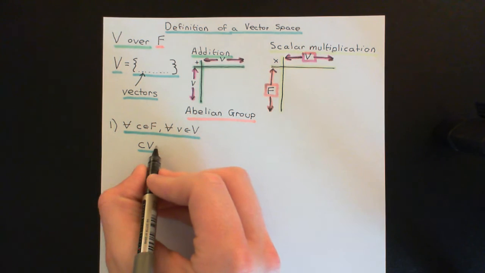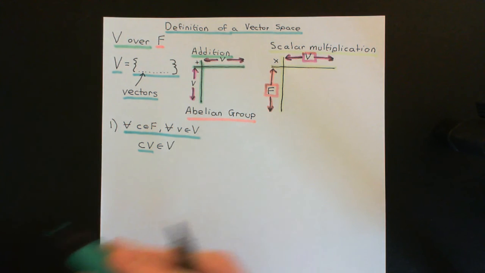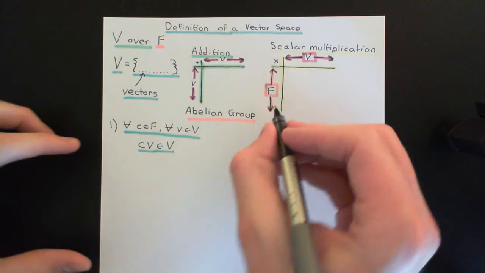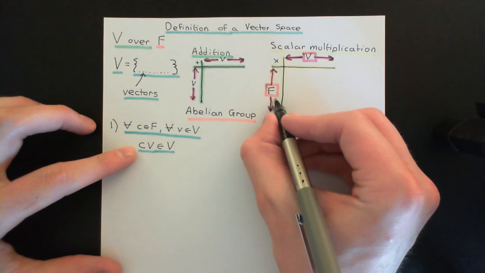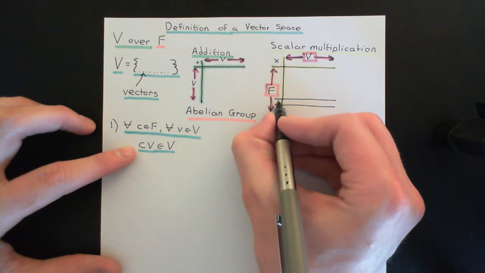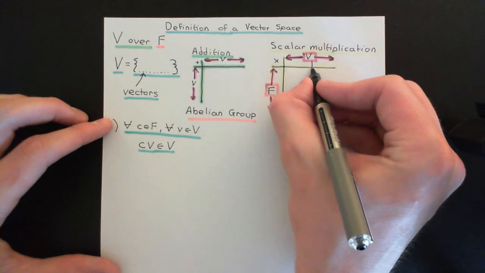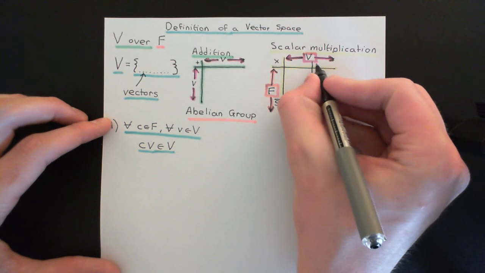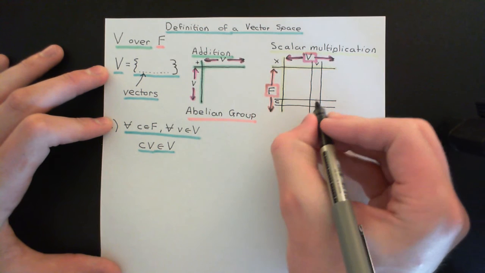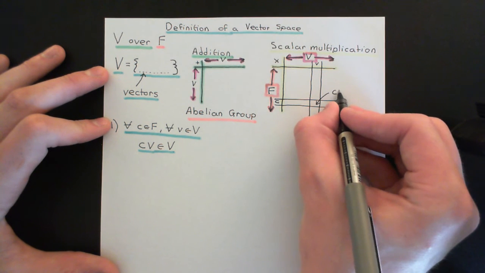Okay, so this must always be an element from the vector space capital V again. Drawing that on the picture here, that means that if we take any element of the field, little c, we take the row corresponding to this element of the field, and we take any element of the vector space, little v, so we take the column dedicated to little v here, and we look at the answer in the scalar multiplication composition table, which is c times v.